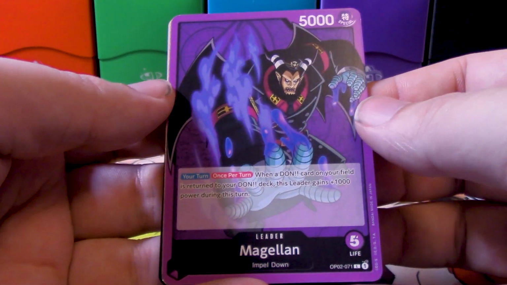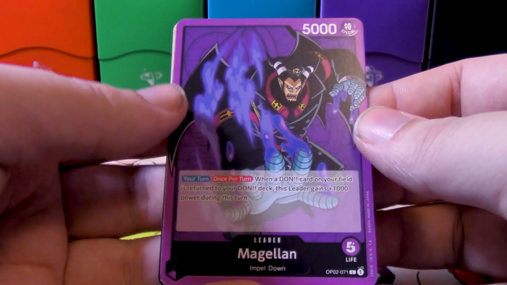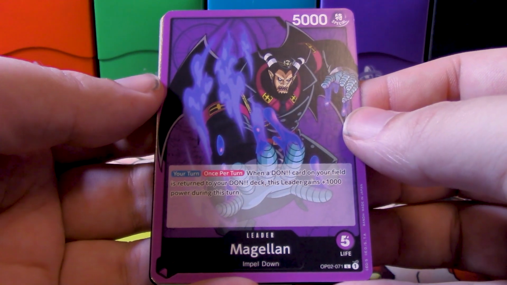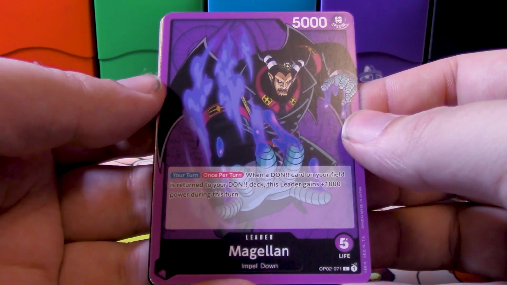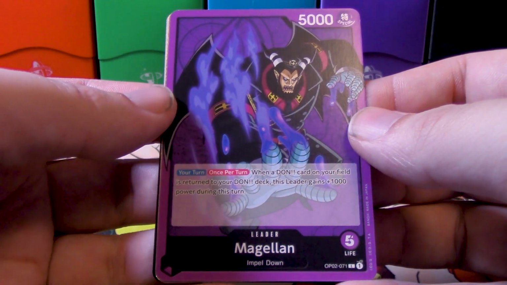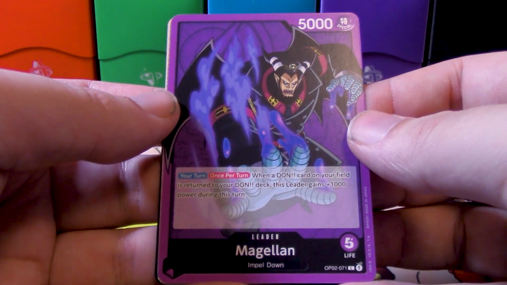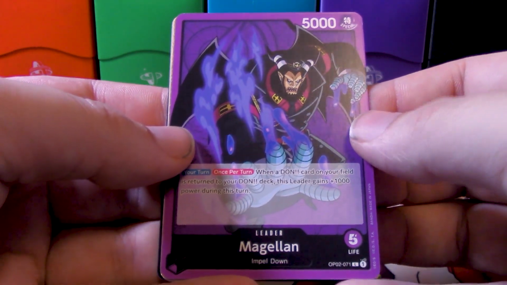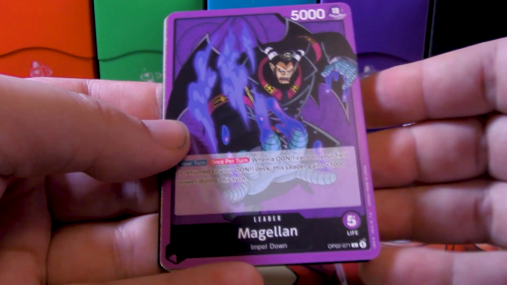Next we have Magellan, the Warden of Impel Down. 5,000 power, 5 life. During your turn, once per turn, when a Dawn card on your field is returned to your Dawn deck, which is very common to do in purple, this leader gains 1,000 power during this turn. It's an okay ability. Mostly you just want Magellan because he's an Impel Down leader, which activates all the other